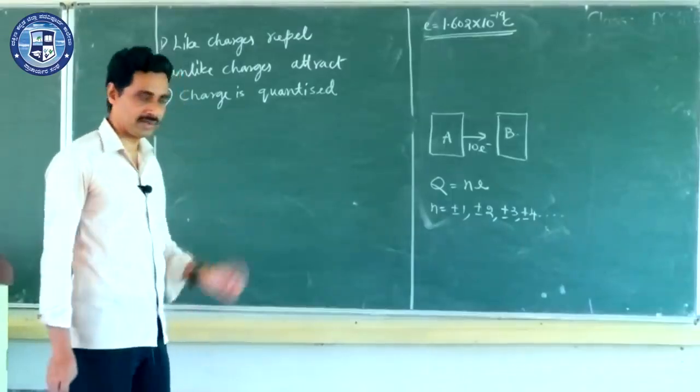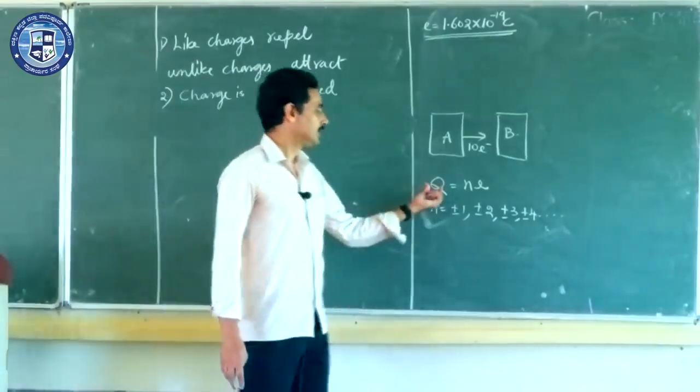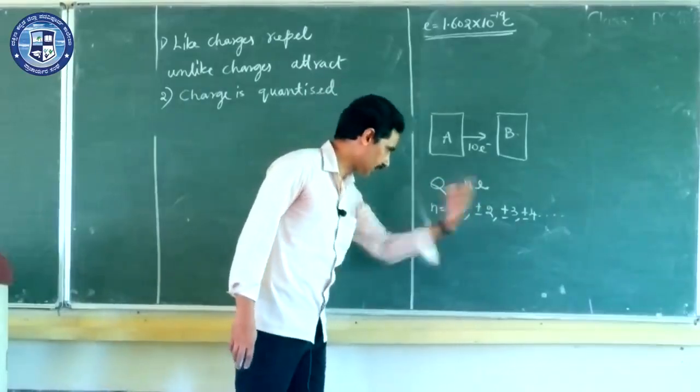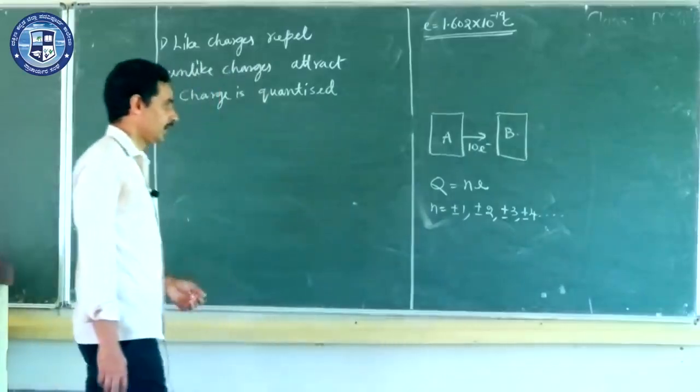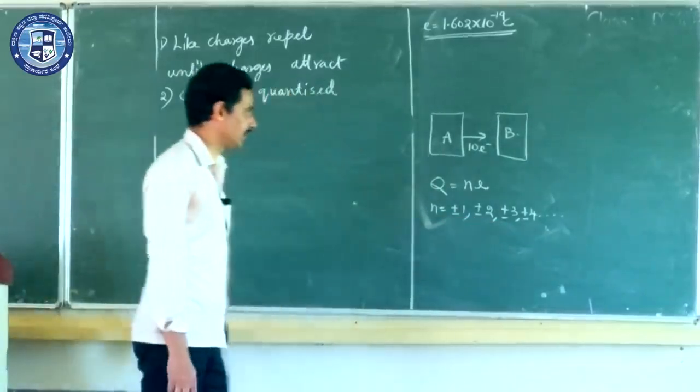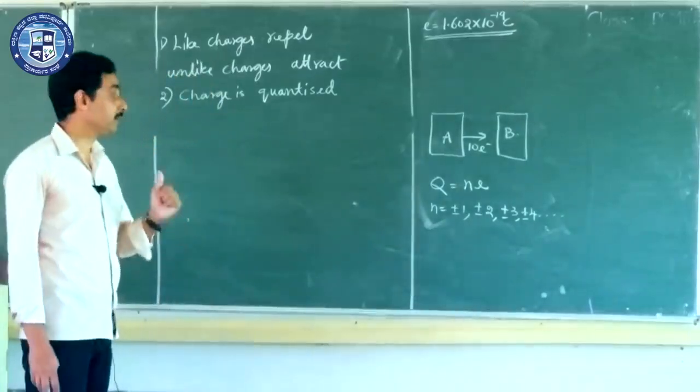So if you are asked to write the property, simply write charge is quantized. What do you mean by quantization of charges? Charge on a body is an integral multiple of the basic charge of an electron, or the magnitude of charge of an electron, and you can write the formula also if you are asked to explain it, and write what n is equal to. So this is one of the properties, a very important property.